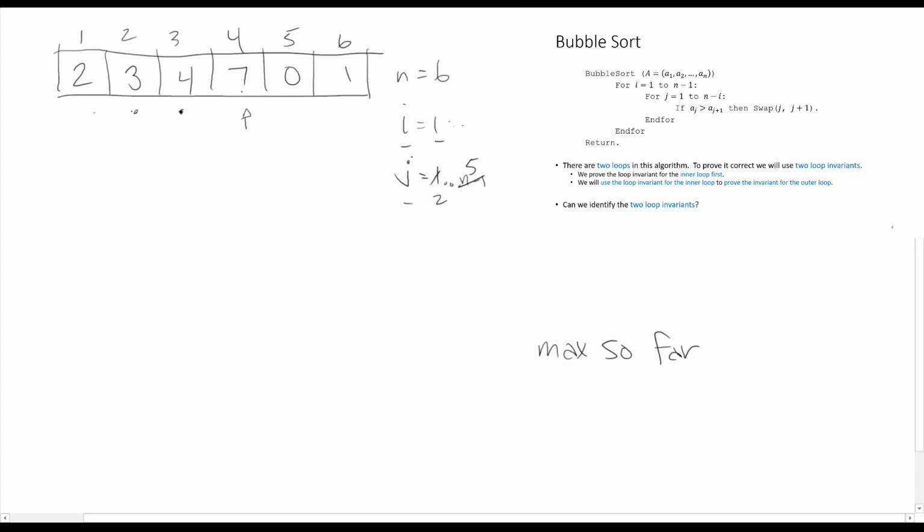Well, the 7 is the max, but it's the max of the list that I can see so far. Maybe just these 6 elements. Maybe when I see ones down the road later, I'll find 100, and 100 might be bigger. Okay, so